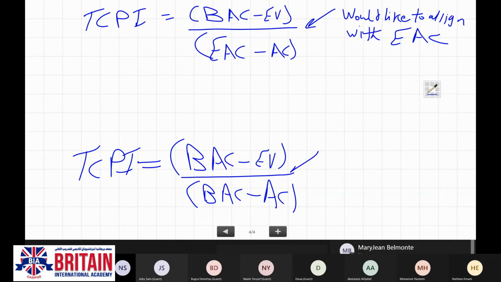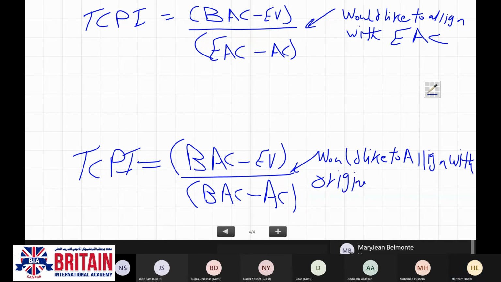This is used if we would like to align with the original budget at completion. The top part represents the remaining work and the bottom part represents the remaining budget.